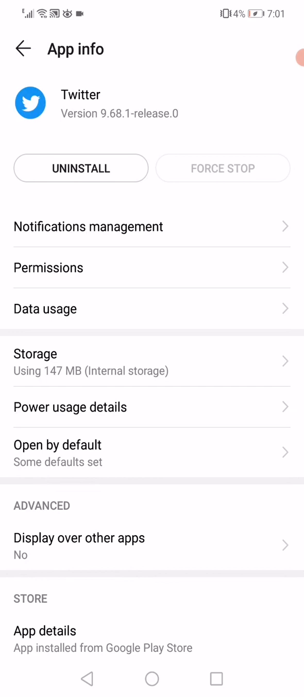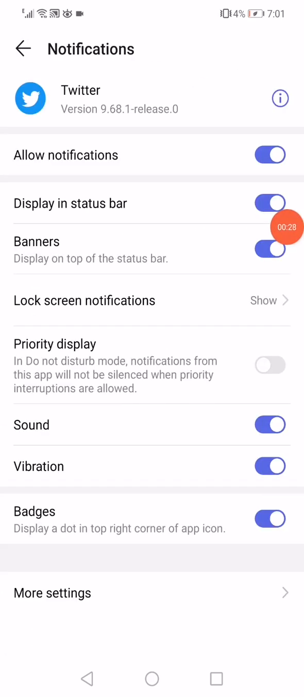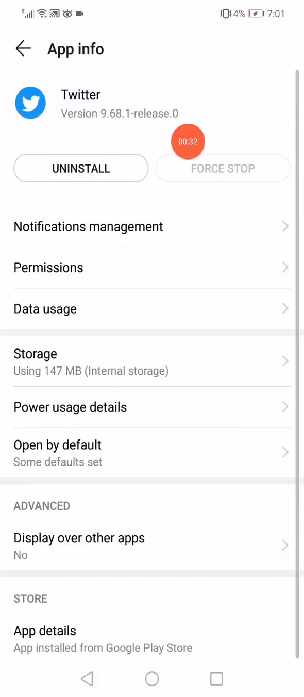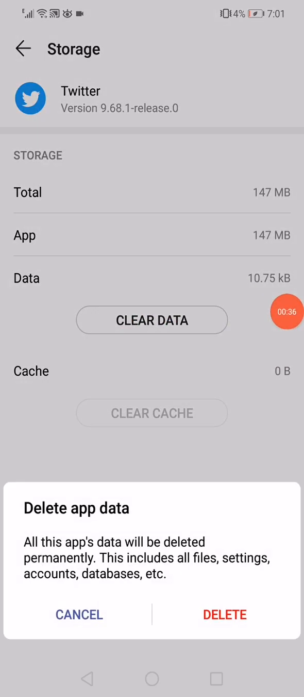All what you have to do is click on notifications management, make sure that all the notifications are enabled like this. Go back, click on this for stop right here, click on the storage, click on clear data, click delete,